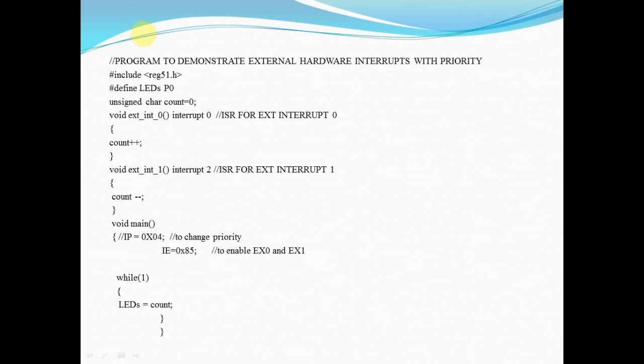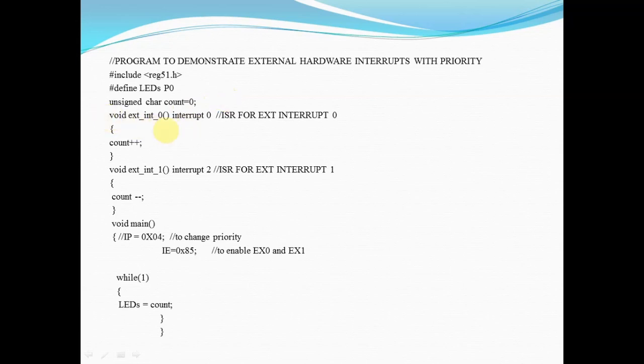The first line in the program is a header file, reg51.h, and this header file basically contains all the definitions for the 8051 microcontroller. Here we are using port 0, which we have defined as LED. So wherever in the main program you want to refer to port 0, it will be written as LED. Now we have taken one variable called count, and the initial value of the count variable is 0. This is just for keeping track of how many times the counter value is incremented and decremented. So for that reason we need to take one variable named count.